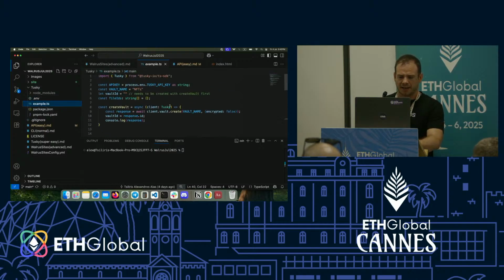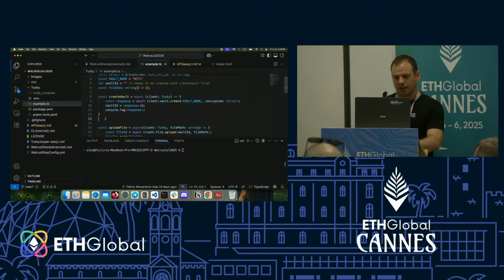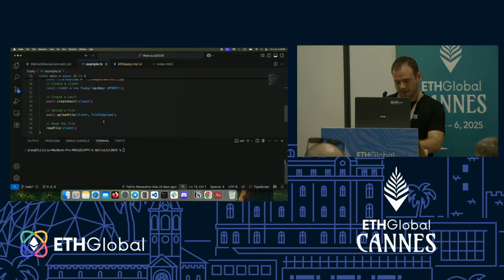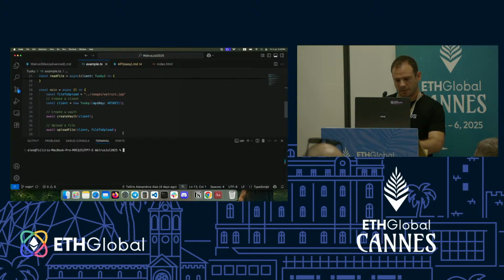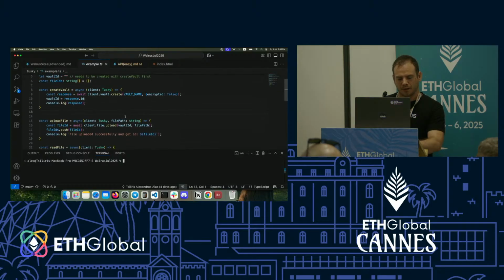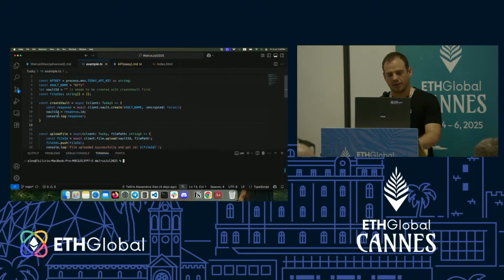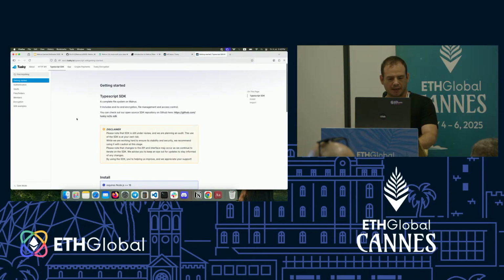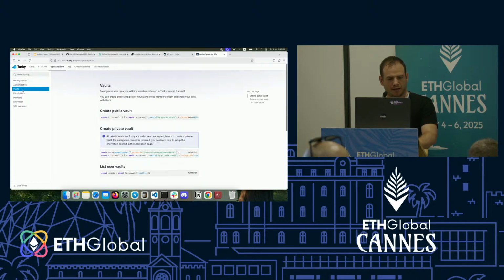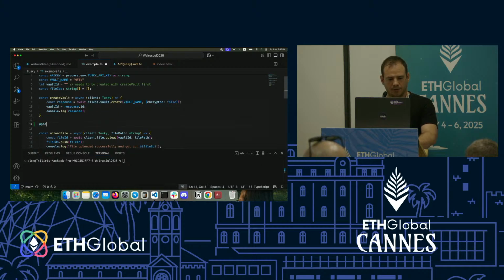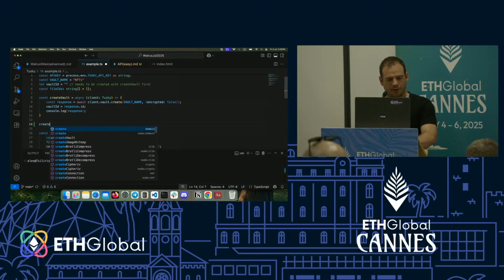And then as long as you have an API key, you can, let me make this more visible. So I'm not even going to use main over here. If you want to create a vault, the API is really simple. Of course, I follow the documentation over here. So you just go to the TypeScript SDK, and vaults, it has how you create vaults and all of this. So if I do a create vault over here,